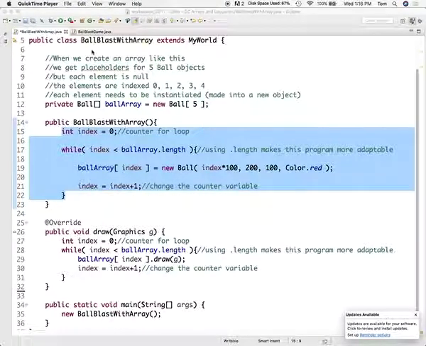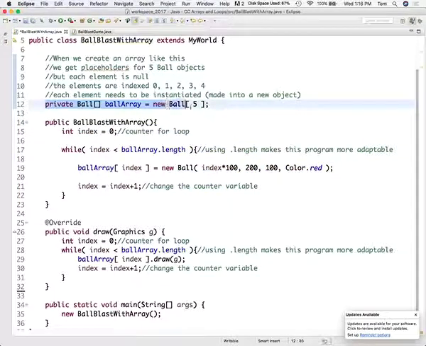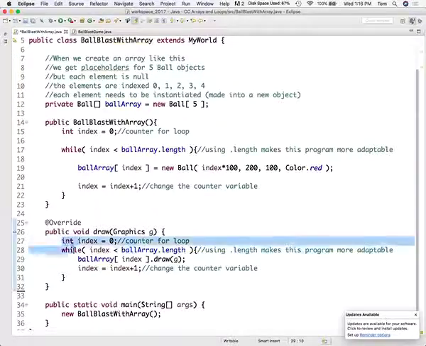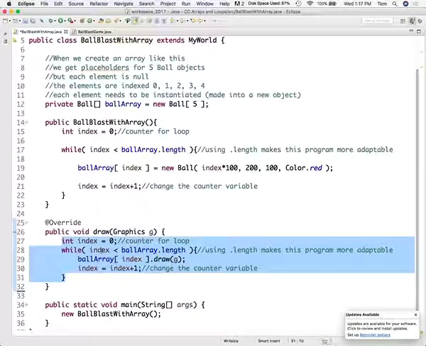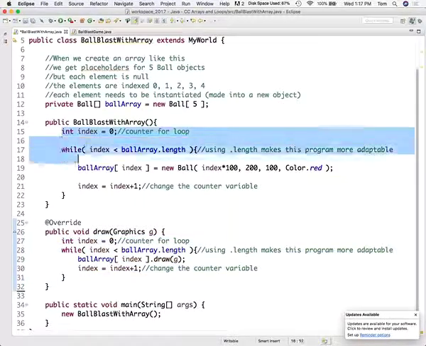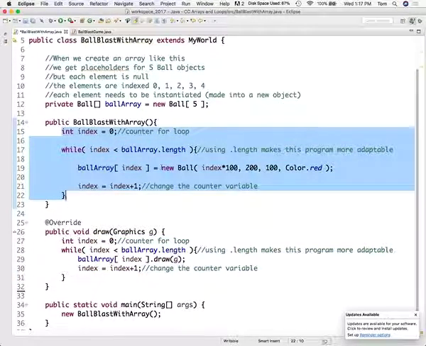All right, so yesterday we started this ball blast with array class, right? And we have this array of 5 ball objects that we are using a loop to draw each of those objects, and using a similar loop to create each of those objects. So what we want to do today is write a mouse clicked method that'll allow us to basically recreate what